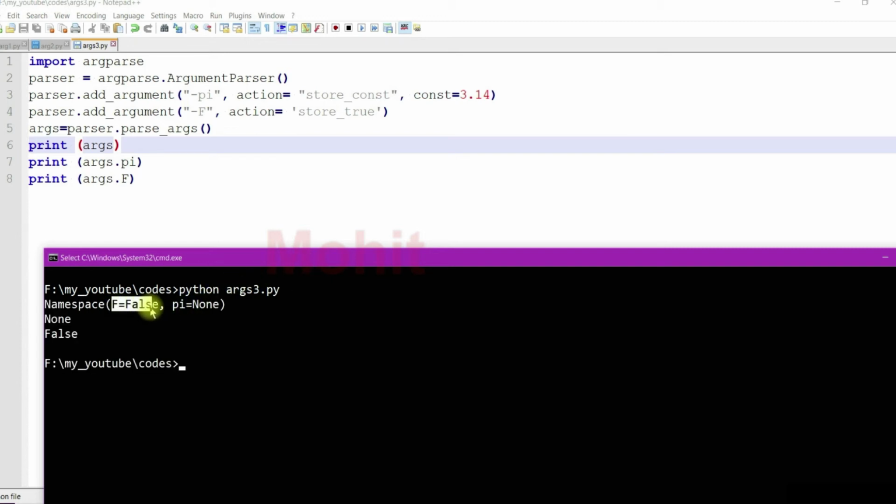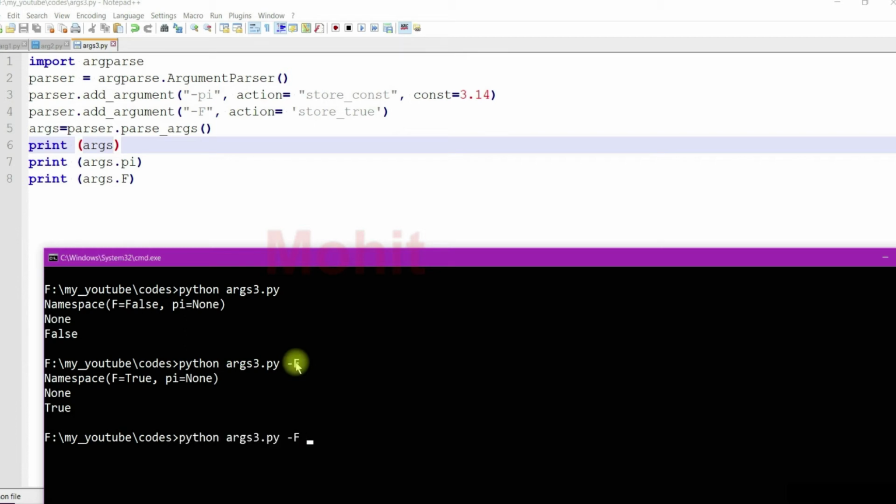If I did not specify any option, it returns None and False. The presence of the -f option in the command line makes it True. If I specify both, I am getting the values of both.